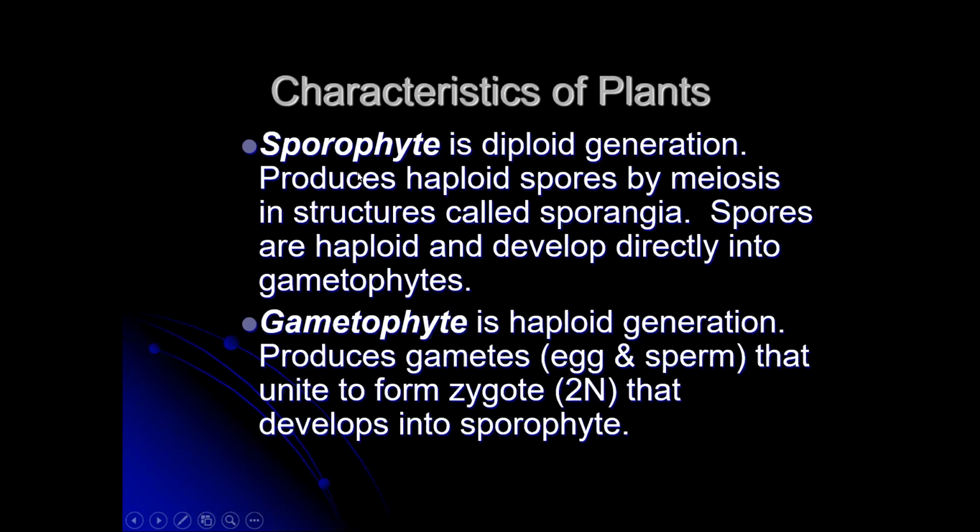So, for example, you can have one plant, and usually the sporophyte is the one that we recognize. If I name a plant that you know of and you have a picture in your mind of that plant, what you're probably seeing is the sporophyte. Because most of our phyla that we're going to go through, that is the dominant generation. The gametophyte generation is very small, very reduced. In many cases, it stays attached to the sporophyte.